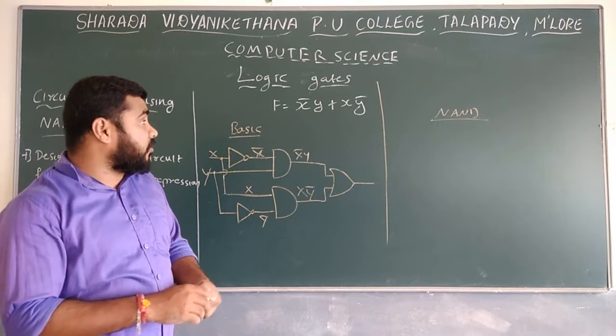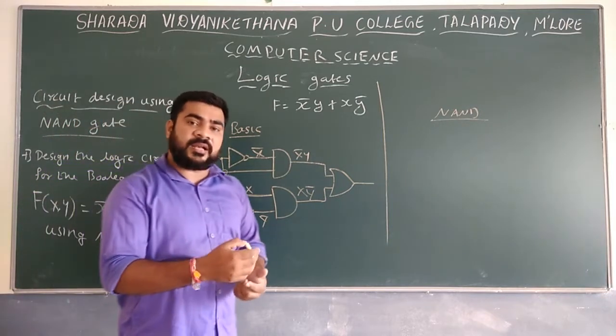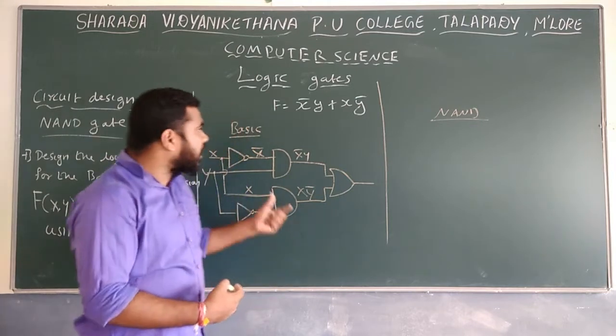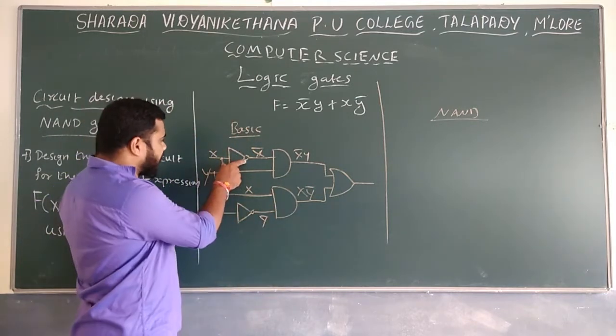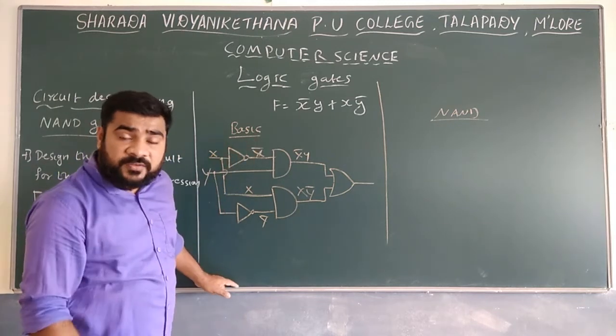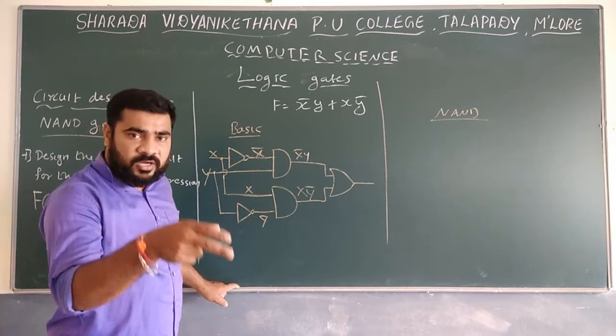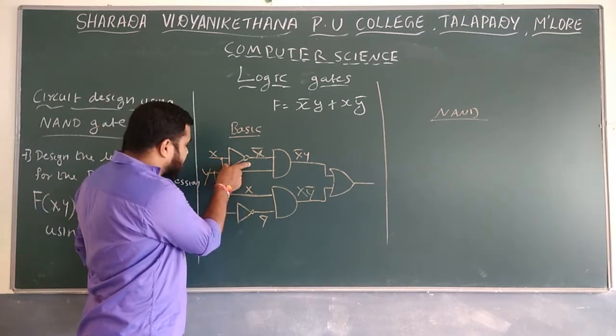Next step, you have to convert that into NAND gates. That is the easiest method. If you know already, you can write it directly, but if you don't know, then it is better to convert like that. Here, first a NOT gate is there. In the place of the NOT gate, how do we construct the NOT gate using a NAND gate? Which symbol is used to convert? See the figure, or if you have already written it, see that one.